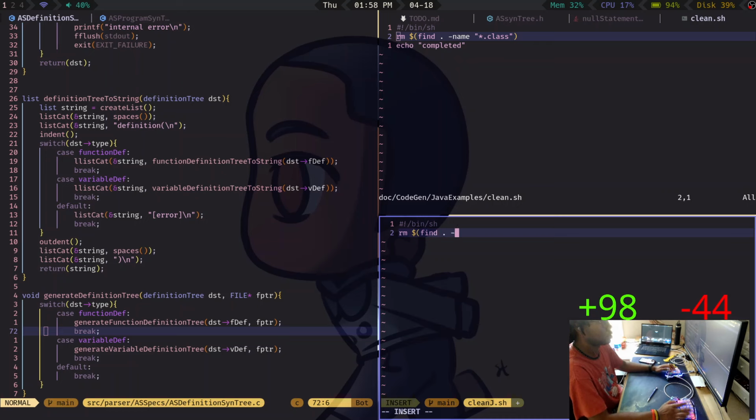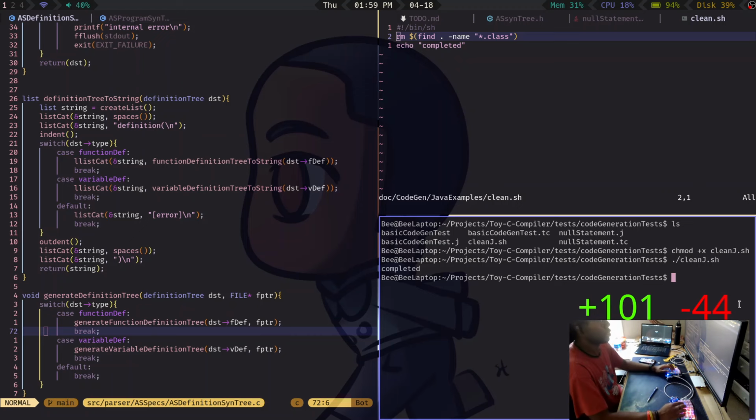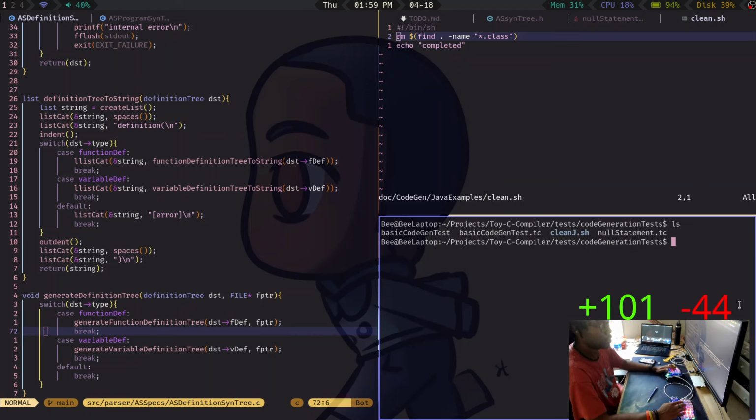Find name wildcard .j. Go. I don't know why that worked. Maybe it was the endings, but I don't know why touch would create the endings like that.